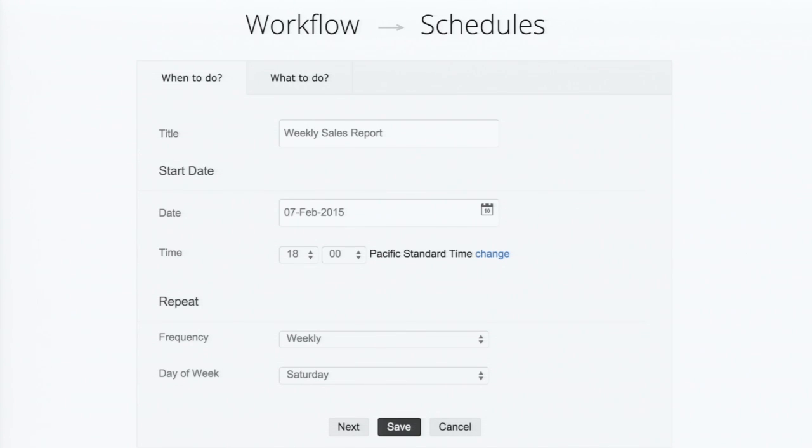So schedules, when you click on the schedule, you will have this. This is a report schedule where you are sending a report to your manager using an email, right? I'm going to configure a schedule where I say what the schedule is doing, like sending a weekly sales report, choose a date, and set the time and frequency, right? I'm setting the frequency as weekly, and day of week starts with Saturday, and I'm going to press next,